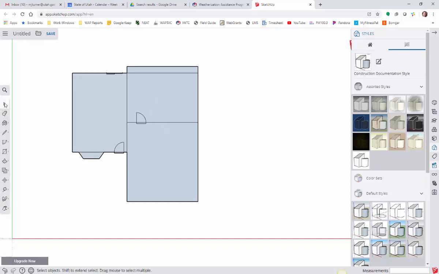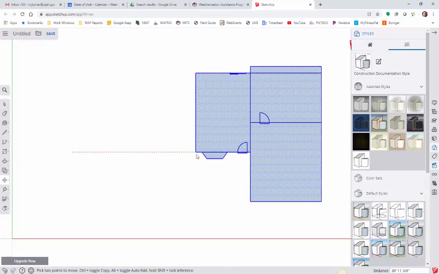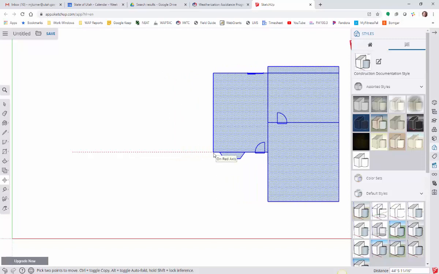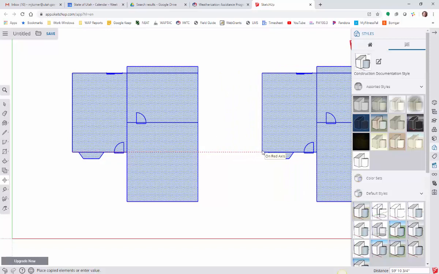So I'm just going to hit the select tool. I'm going to come down here. I'm going to select this whole thing. I'm going to grab my move tool, and I'm going to come over here and move this whole thing this way. And as I'm moving it, before I click to set it down, I'm going to hit the control button and it will duplicate what I'm doing. So I'm going to hit control and I'm going to drop that over there. Now,